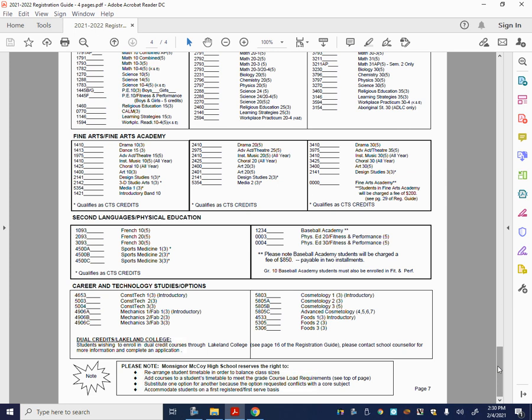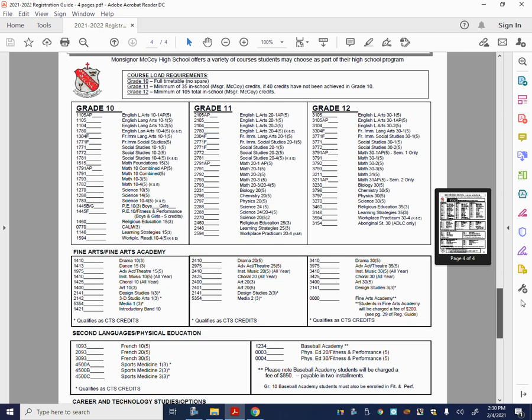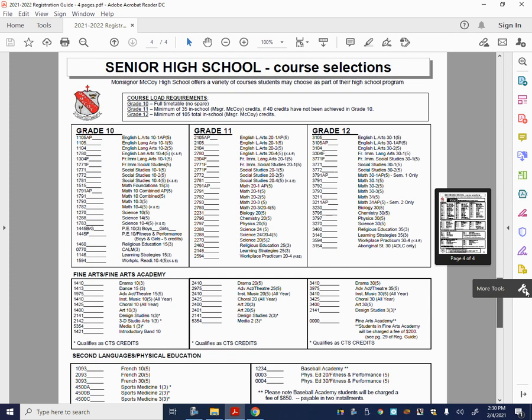Back to the top of the screen for a second, I do want to also note that, again, for students that are in grade 10 or grade 11, all the same core information is represented at the top of that page, from English all the way down through, again, at -1, -2, and beyond, for them to consider based on the information from page 6 that was discussed earlier. So that's a very important page for kids to take a look at and for parents to have a conversation